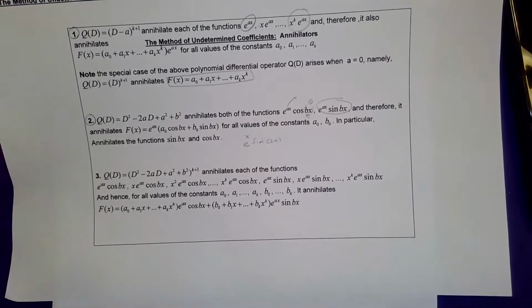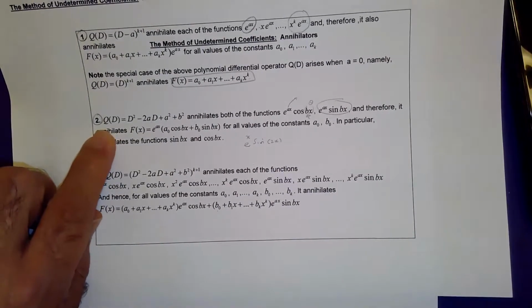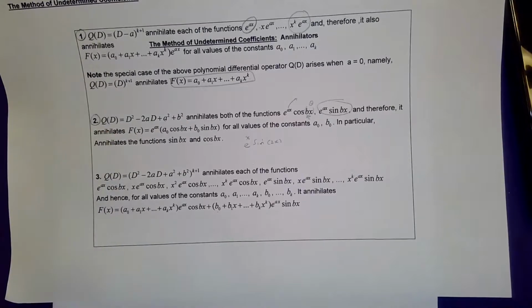What would be the annihilator using formula number 2? Anyone? D squared minus 2D, yes,